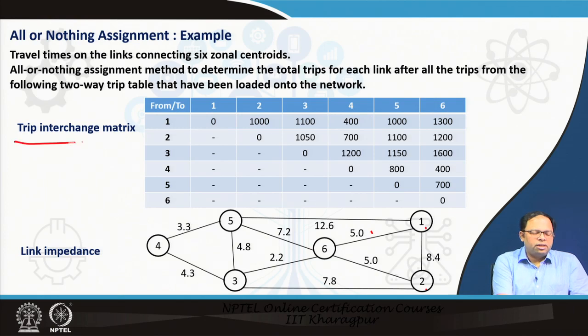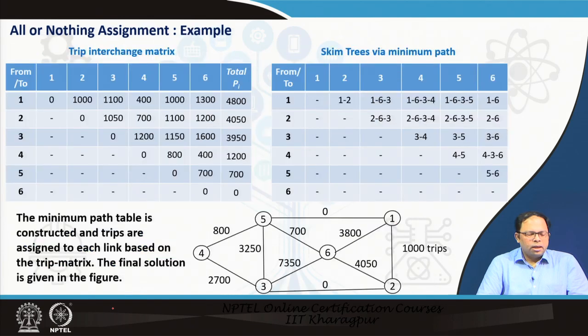So, first we have the trip interchange matrix, and we also have the link impedance data. Next, as you can see, this is the total of Pi: the total number of trips starting from zone 1 is 4800, the number of trips starting from zone 2 is 4050, and so onwards. And next we develop the skim trees via minimum path. So, we determine based on the impedance